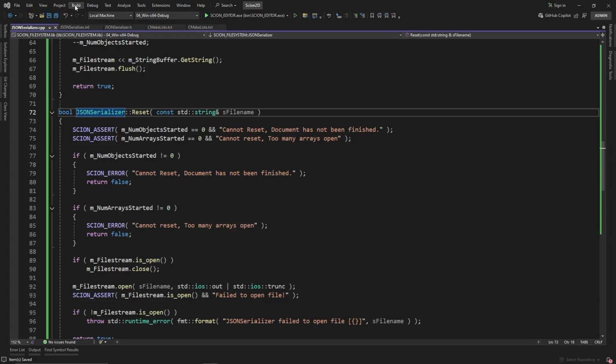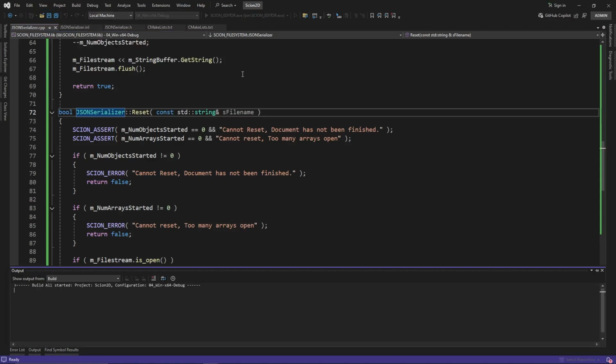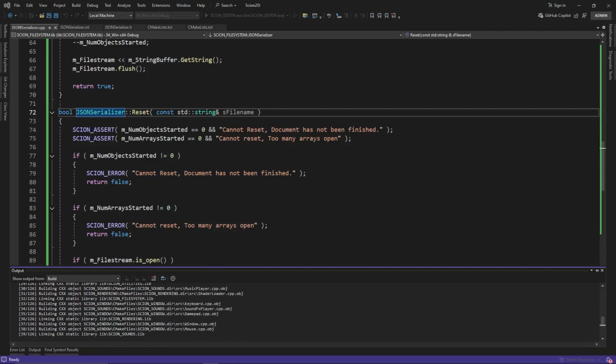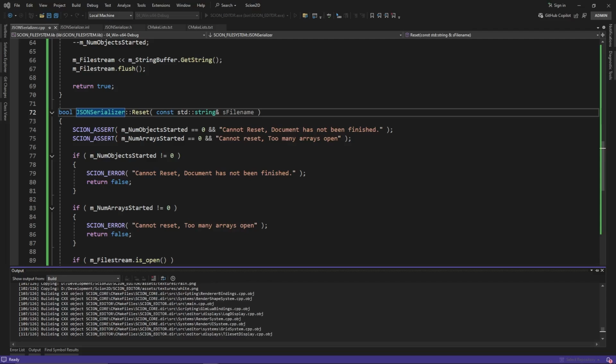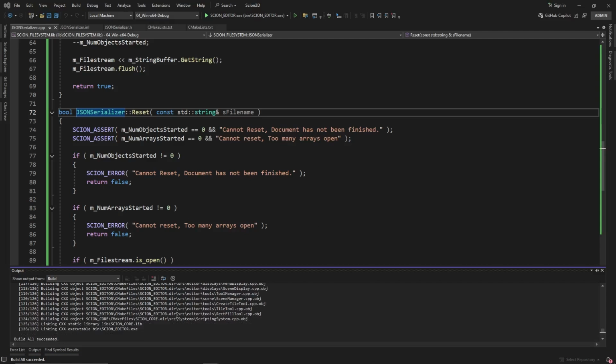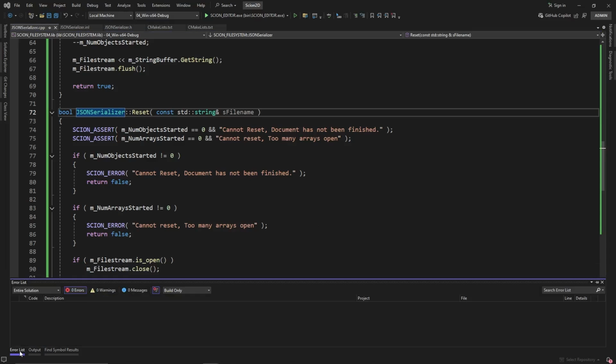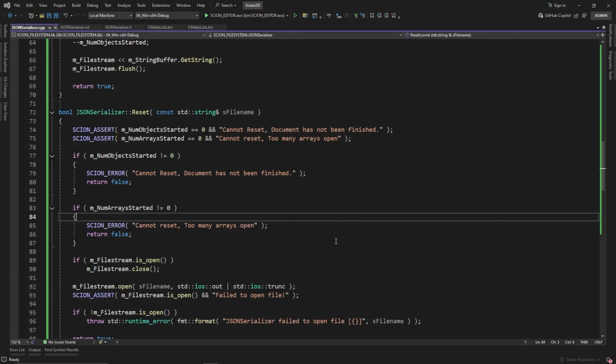So I'm just going to do a quick build to make sure everything builds without error. Okay, build. Awesome. So build succeeded. No issues, no errors, no warnings either. Interesting. So yeah, that's great. So now that we've done this, we're going to want to go to each component and create